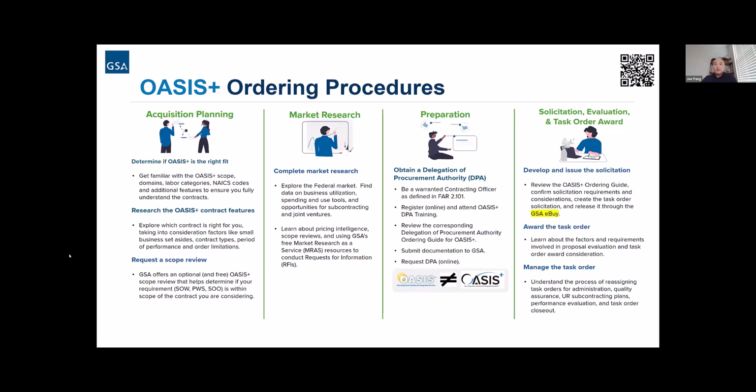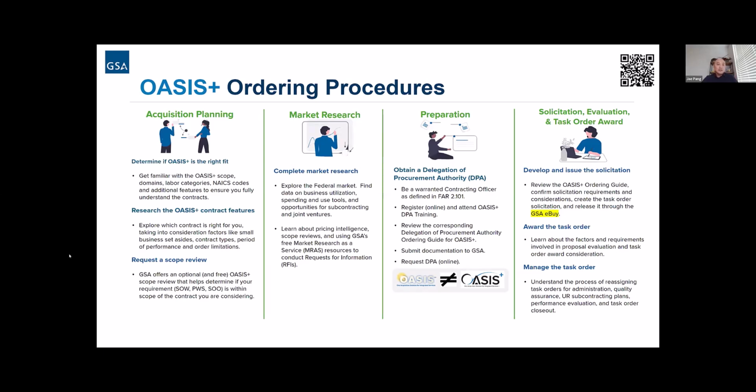And once you're ready and you have your DPA, the solicitation and evaluation of the task order will be next. And this is ultimately where you put in your order, and you do that through GSA eBuy. And if you're not familiar with GSA eBuy, don't worry, folks. We have another separate training for that as well. So please reach out to us if you or your organization needs these specific trainings. We could provide custom training or direct you to one of our many scheduled virtual trainings. And then, of course, through GSA eBuy, we'll award a task order and then continue to manage